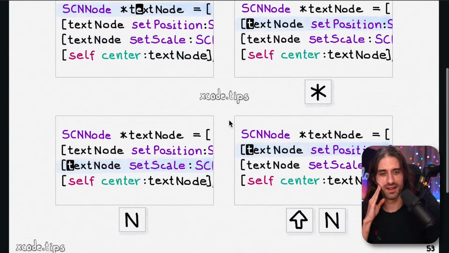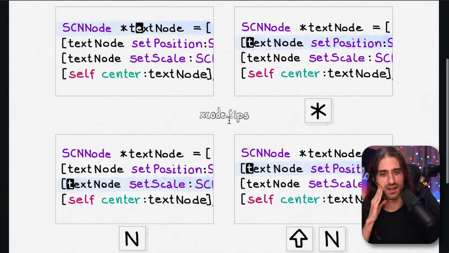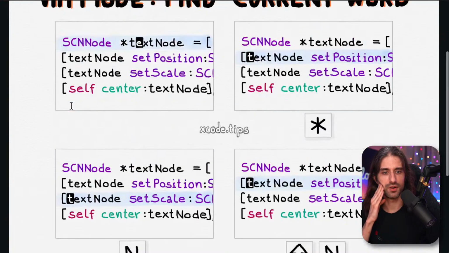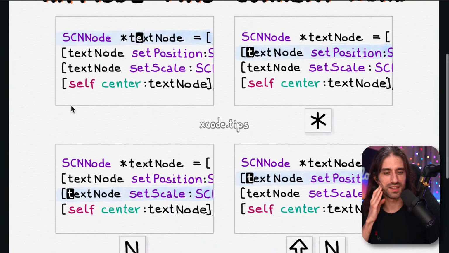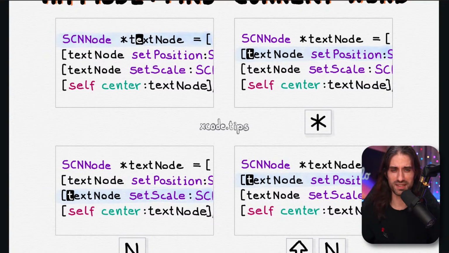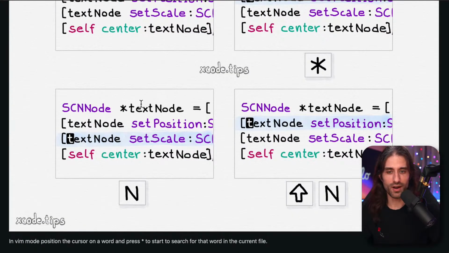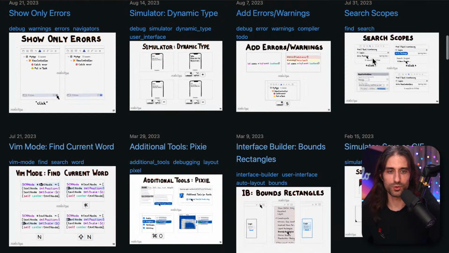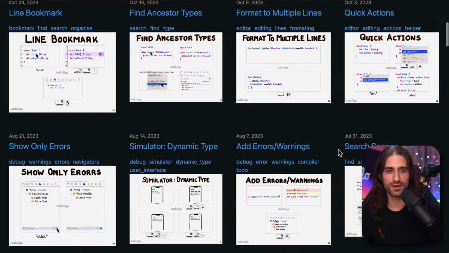Okay, Vim mode again. Find current word. So I guess it's to find other occurrences of the current word. Yeah, text node, text node, text node. All right. I won't try it again because we've seen that I'm not good at doing Vim, and since I've never used it, I have zero insight to share about whether this makes sense or not. So I will just need to trust the Vim users that this is useful, and I can imagine it being useful because you switch from one occurrence to the next one, but I wouldn't be able to say really in which situations it makes sense to use it. So I will move to the following one.